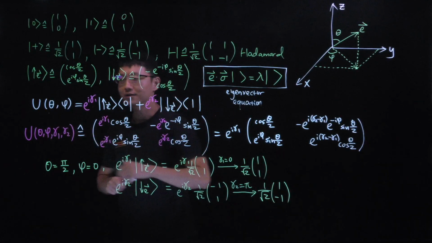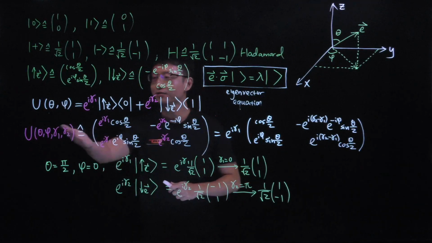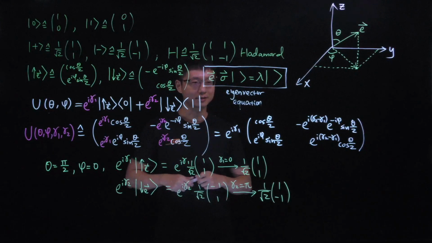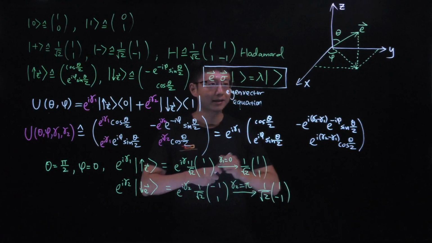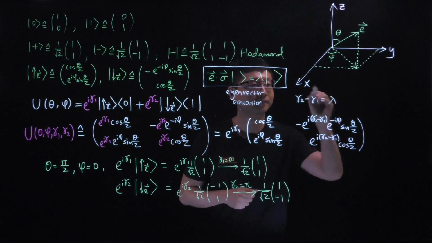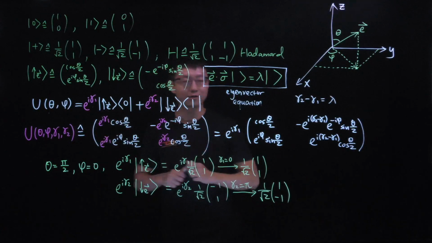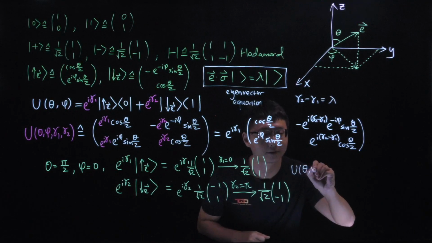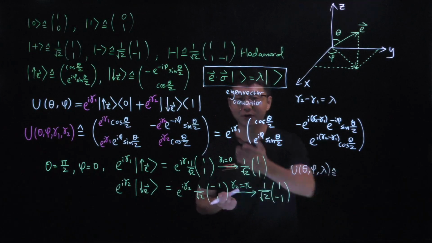So, although the most general U can have parameters theta, phi, gamma 1, and gamma 2, out of these two phases, one of them is actually a global phase that can be ignored since it has no physical significance, and the other phase will appear as gamma 2 minus gamma 1, which I will redefine as a relative phase, lambda. Hence, it is sufficient to parameterize the general U by three parameters, theta, phi, and lambda, and write it as, upon ignoring this global phase,